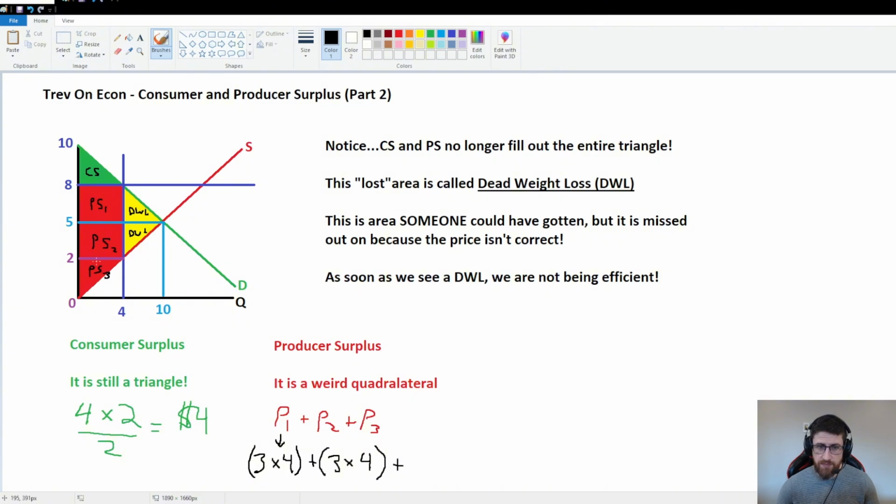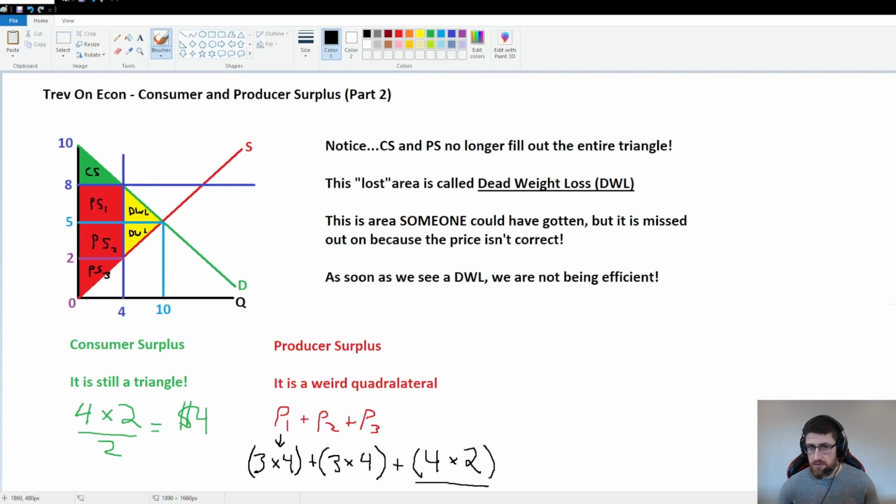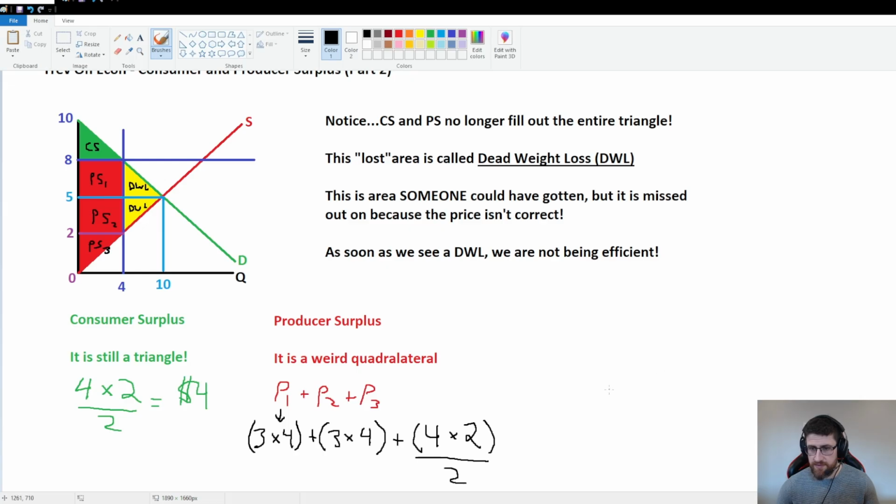And then P3, well, P3 is a triangle, so its base is 4, right? It's 4 from here to here. Times height. Its height is 2 from 0 to 2. Right? And again, don't forget we need to divide by 2. So what we end up with, scroll it down a little bit, is 3 times 4 is 12, plus 3 times 4 is 12, plus 4 times 2 is 8, divided by 2 is 4. So we're going to get $28